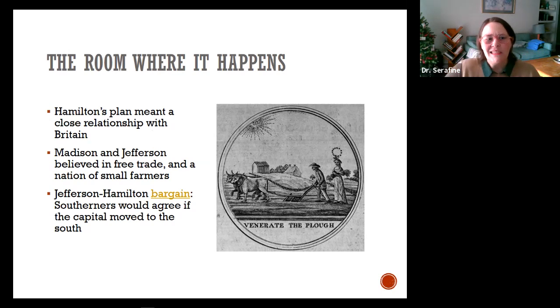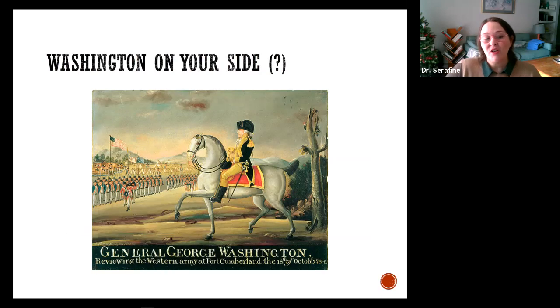Okay, I want to keep moving. What about that whiskey tax I talked about? What the heck was that about? A tax on whiskey is actually a tax on Western farmers. Western farmers, we're talking near the Appalachians, that's the West at this time. Western farmers use whiskey as a currency. It's a shelf-stable commodity that they trade among themselves as a currency. So an excise tax on whiskey is really going to affect those Western farmers. We know what Western farmers do when they face undue taxes. They rebel. It happened again in Pennsylvania in 1794.